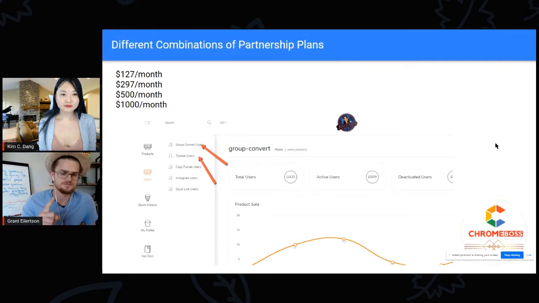Because one, about 50% of the people in that live event were paying clients of ours at the time. And one of the big selling points of that program was that they got GroupConvert for free, because we were teaching group growth and monetization at the time, right? And that was a huge selling point.